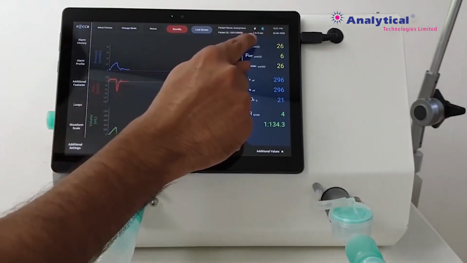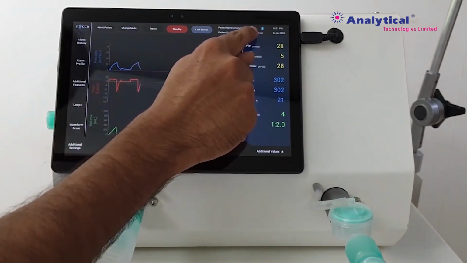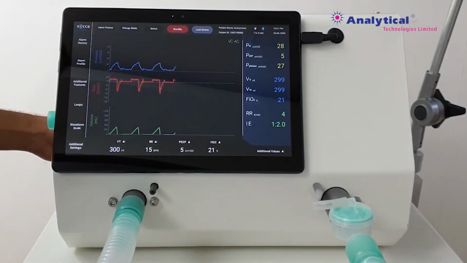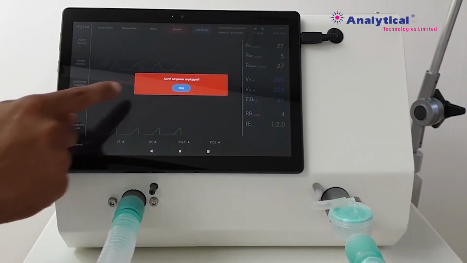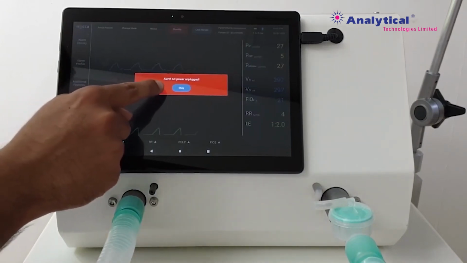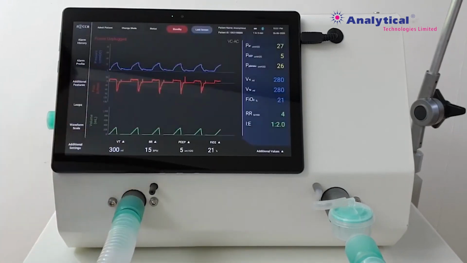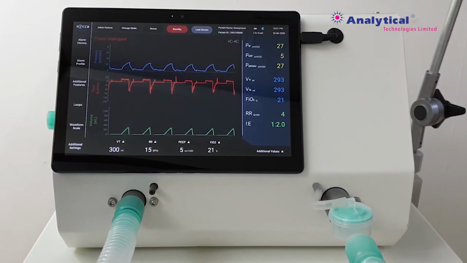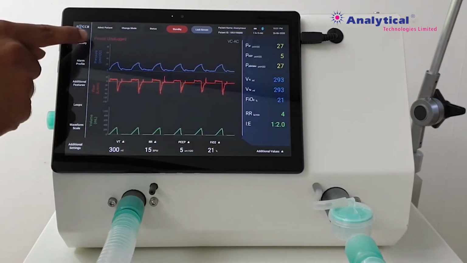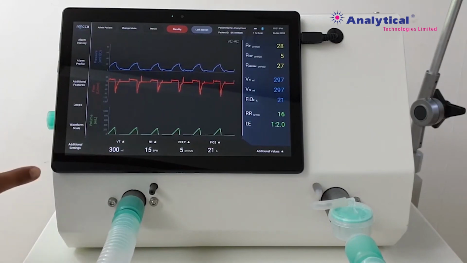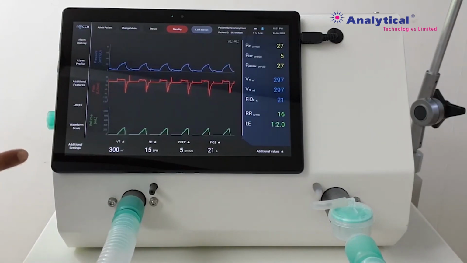You can see the AC mains symbol here, which indicates that the AC mains is connected. If we disconnect the AC power, we can see the red critical warning with the alarm beep. Now the ventilator is working on battery. On the top left, we can see the power unplugged blinking warning. Nokark V310 has up to 8 hours of battery backup.